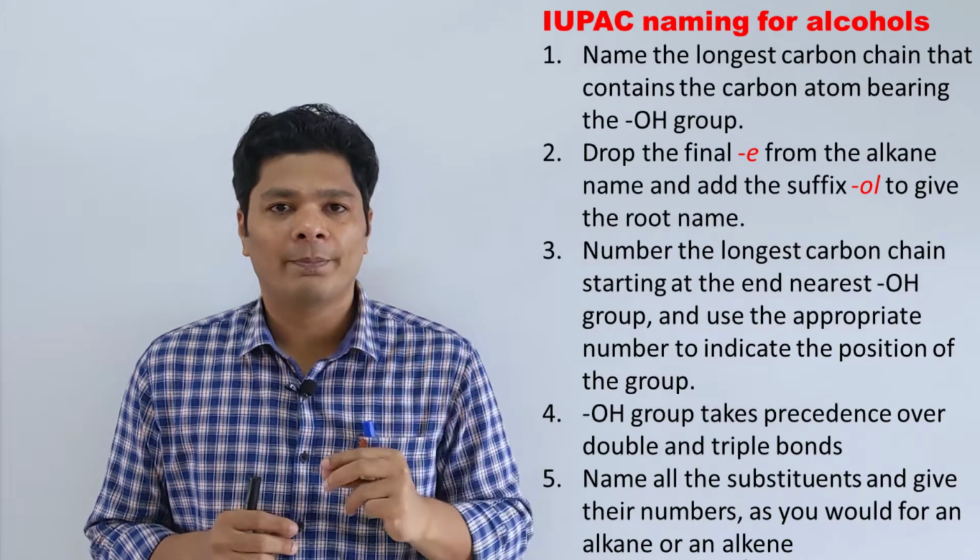As with all organic functional groups, there are two ways you can name them. One is a common name and one is the IUPAC name. The common name is extremely simple. You take the corresponding alkane, you drop the A and E and make it alkyl alcohol. For example, ethane becomes ethyl alcohol, butane becomes butyl alcohol. That's very simple. When it comes to IUPAC naming, what we want to do is eliminate just the ending of an alkane. Just drop the E and put an OL. For example, ethane becomes ethanol, butane becomes butanol, pentane becomes pentanol.